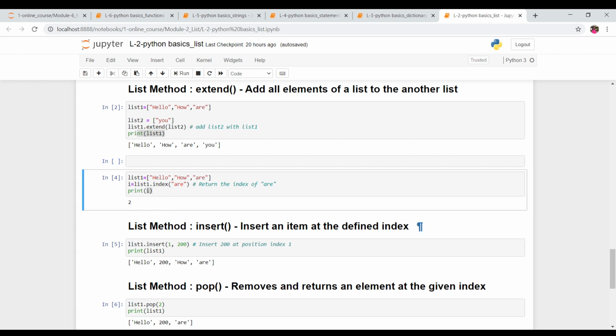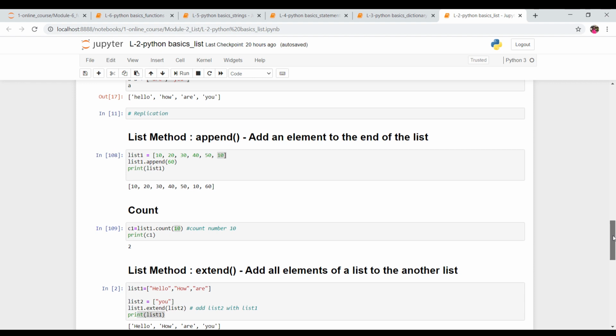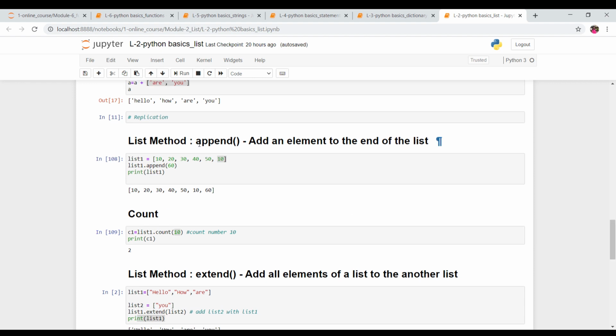Now we have another list method. This is insert. Insert simply means insert, it is clear from the name. Whenever you want to insert anything in a list, you can use the insert method. Guys, I have already shown you one more method with which you can add elements to a list, the append method.